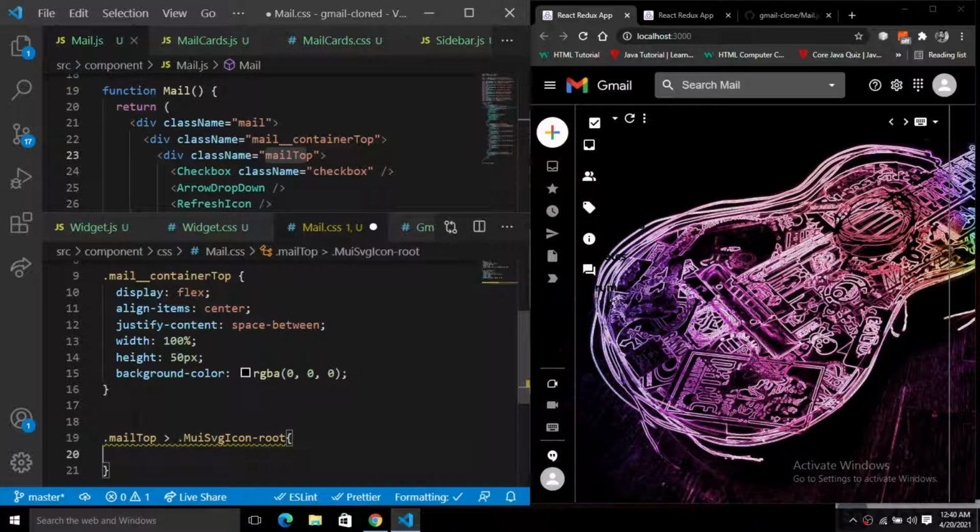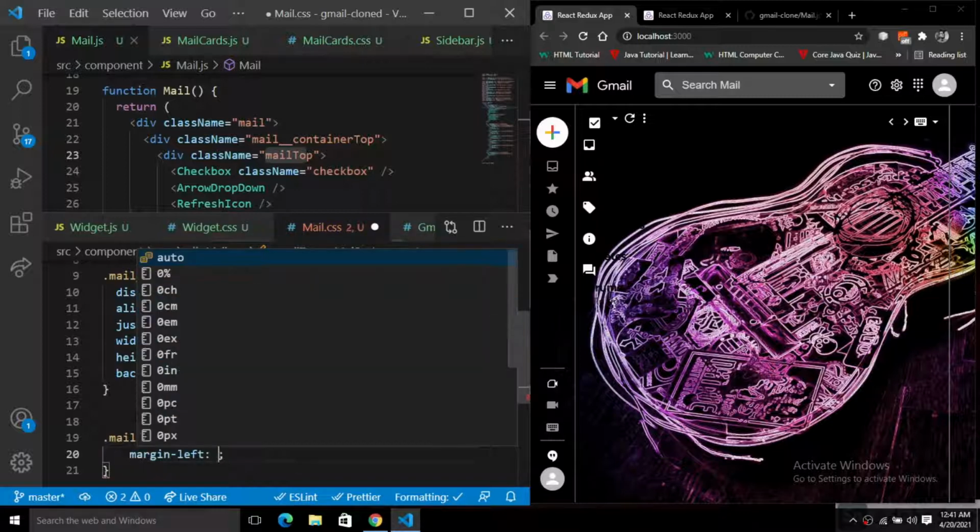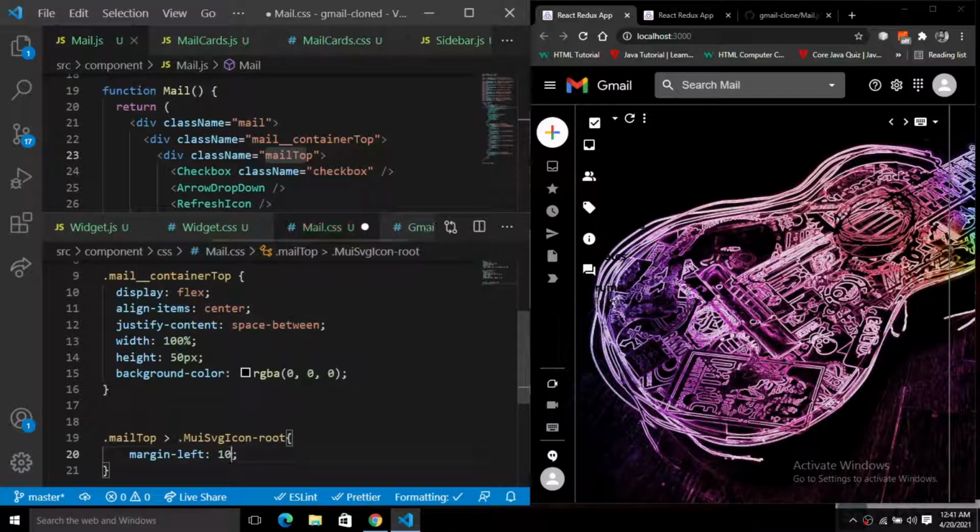Just give the margin left, because it just touches to the left there. So just give the margin left of 10 pixel.